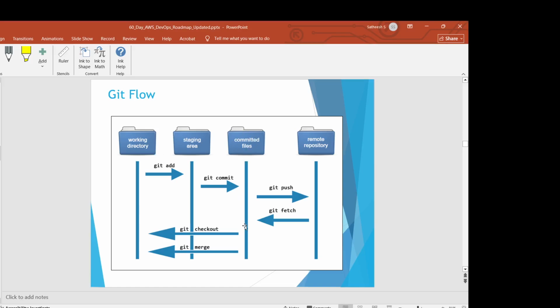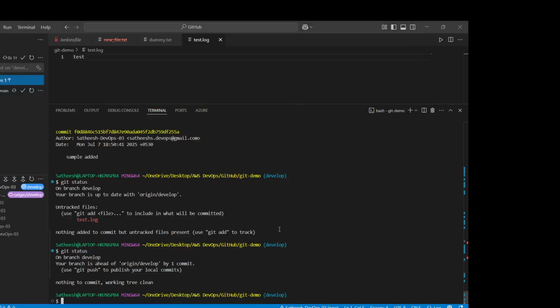It is in the local repository now. Previously, the file came to the working directory. Now it is not going to the working directory, it is coming to the staging directory. That is what this soft reset means. If I do soft reset